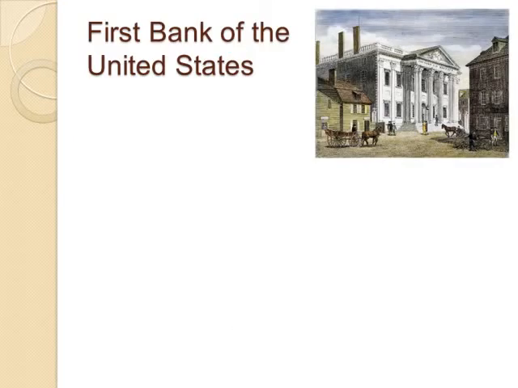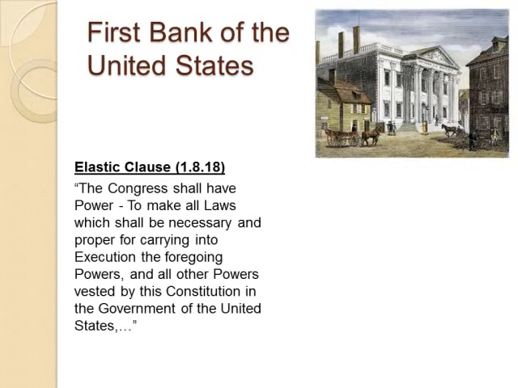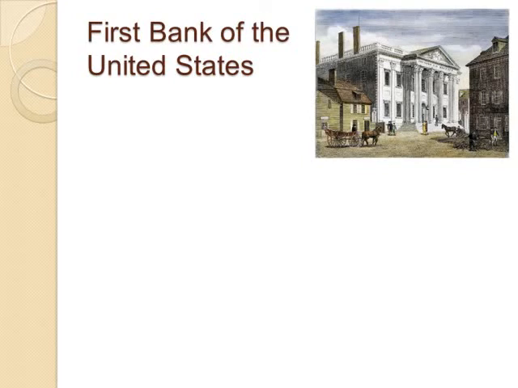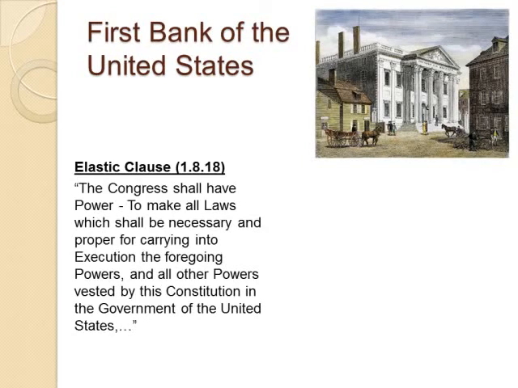That's his argument. The other thing, though, that Hamilton does that Jefferson does not like is Hamilton says, in order to pay off this debt, we have to create a bank. The bank will print money. The bank will allow us to get loans. It'll be a safe place for government. I mean, this bank will be great for us. And Hamilton says, the reason why I have the power to create a bank is you can find that power where in the Constitution? The Elastic Clause, where Hamilton says, according to the Elastic Clause 1.8.18, or implied powers, or